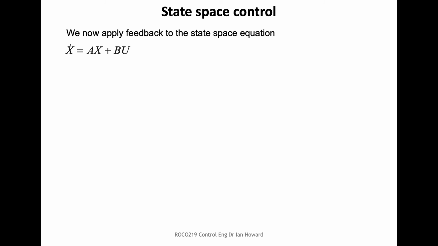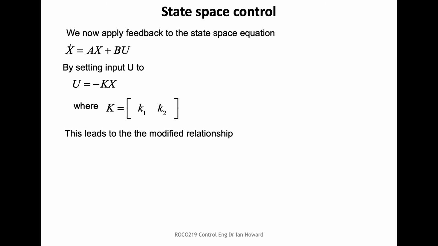We're now going to apply state feedback, setting u equals minus Kx. And K is going to be this gain matrix, right? So it's effectively going to be a row vector K1, K2. We want to know the particular values of the two elements, and we're going to calculate the effect of having